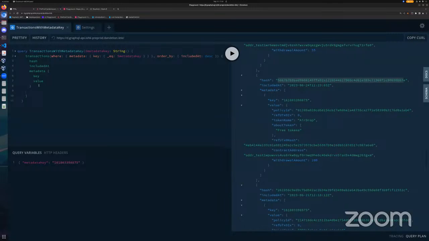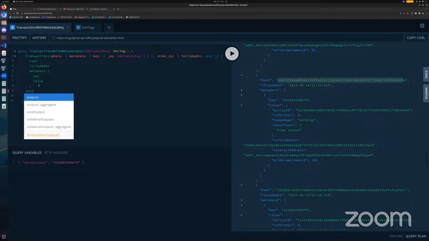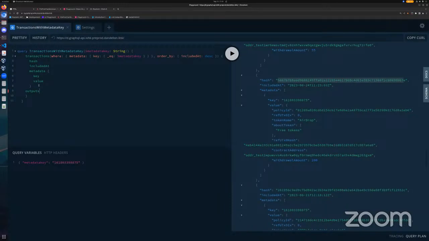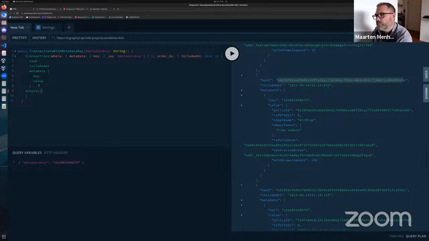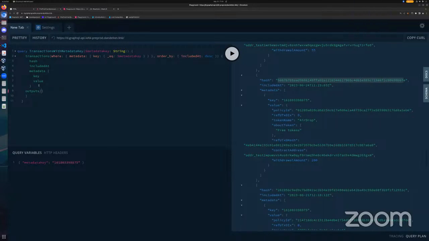Yeah. And now that transaction, it could have outputs. Start typing the word outputs and auto-complete that. Open up some new brackets after that. Sorry, curly brackets. Curlies. Yeah. Enter to move to the next line and start typing assets, I think.